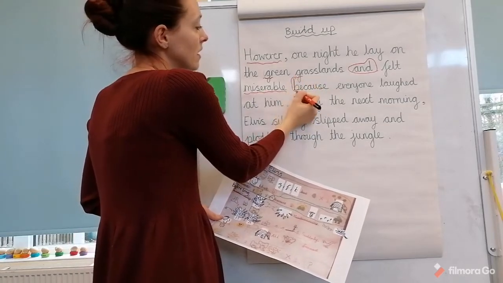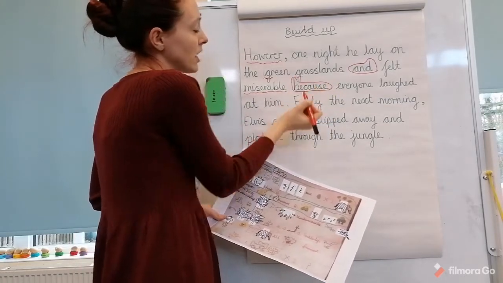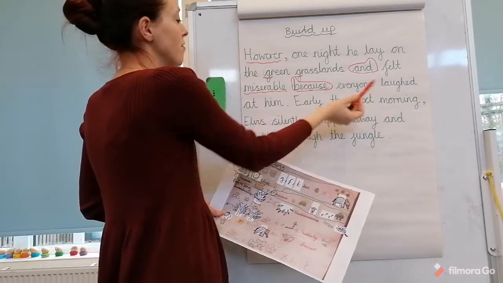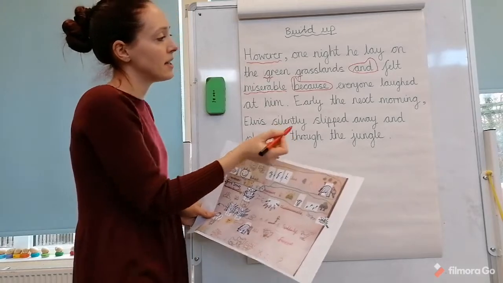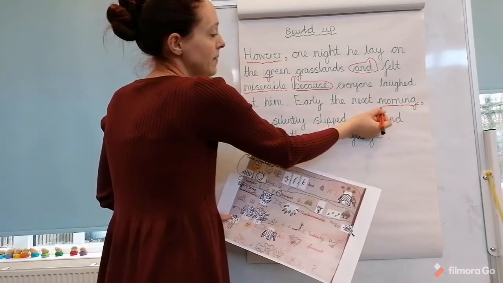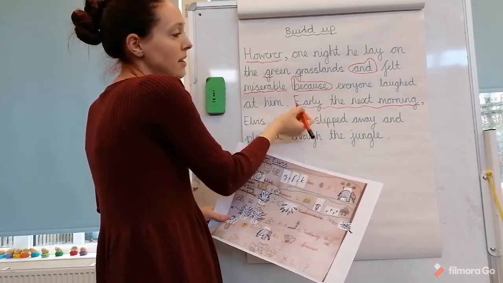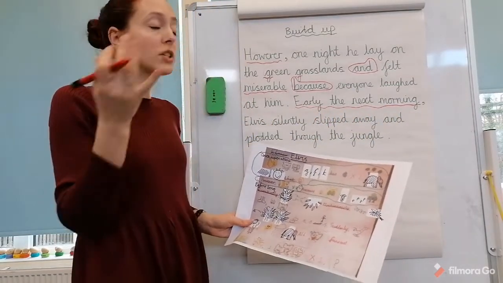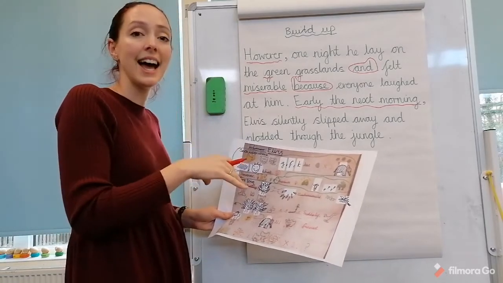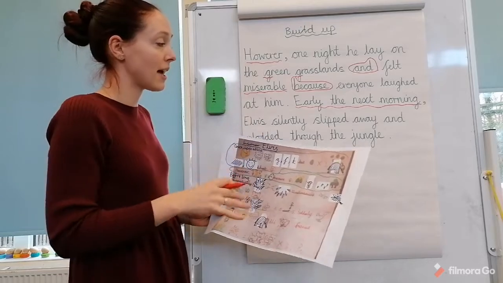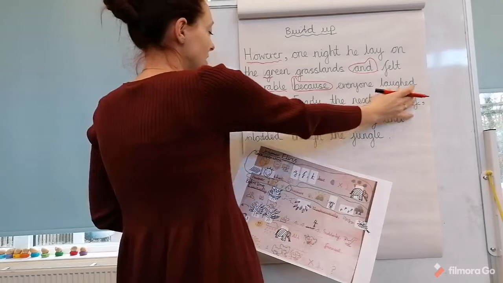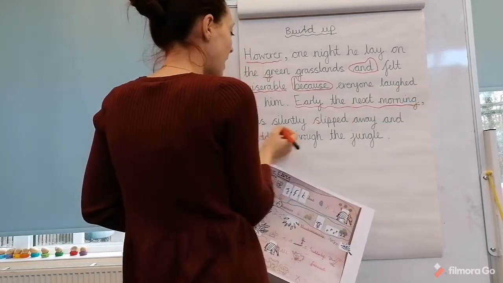because, which again helps us to include more detail. Why is he miserable? Because everyone laughed at him. This is a nice story sentence opener we've got here. Early the next morning, so that helps us move the time on in our story and helps the person who's reading it understand again the order of the things that are happening in your story by using the next morning in there. Early the next morning, Elvis